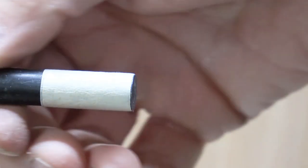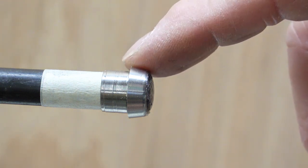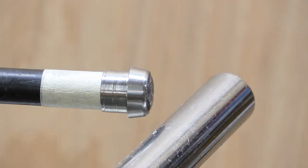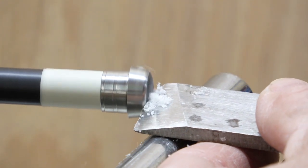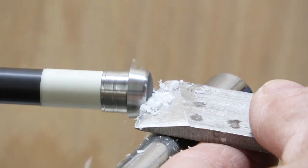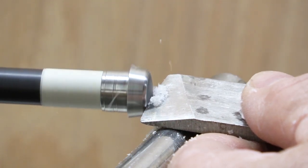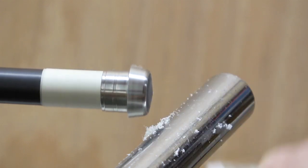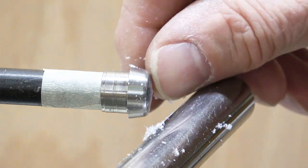Okay, here's what I've done. I've taken a push rod from my punch set. I've wrapped a little bit of tape around the end of it, so that way it's kind of a jam chuck. It's on there tight enough that I can turn it, but it's not too tight that I can't pull it back off. So we're going to do very light turning. All I want to do is turn this flat